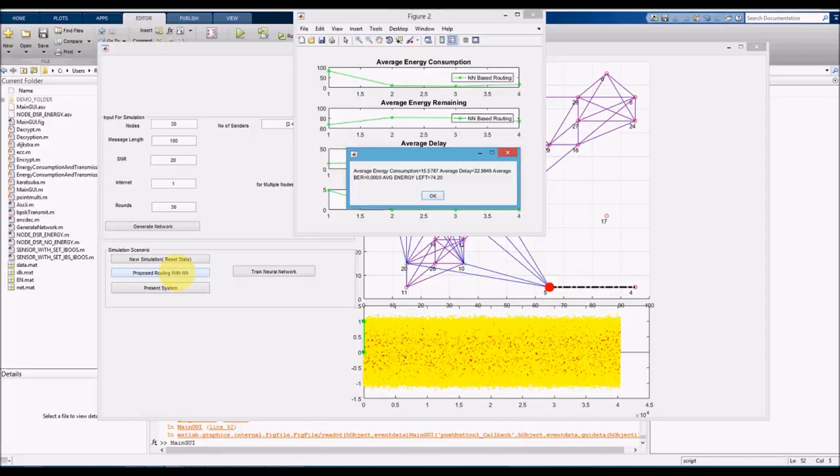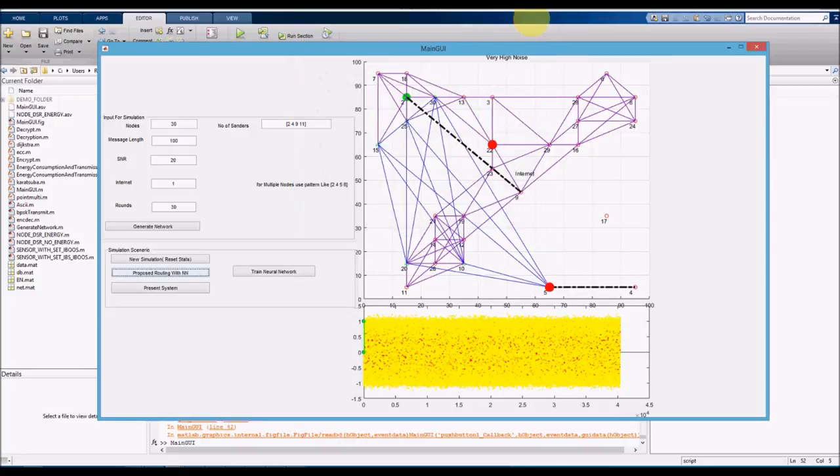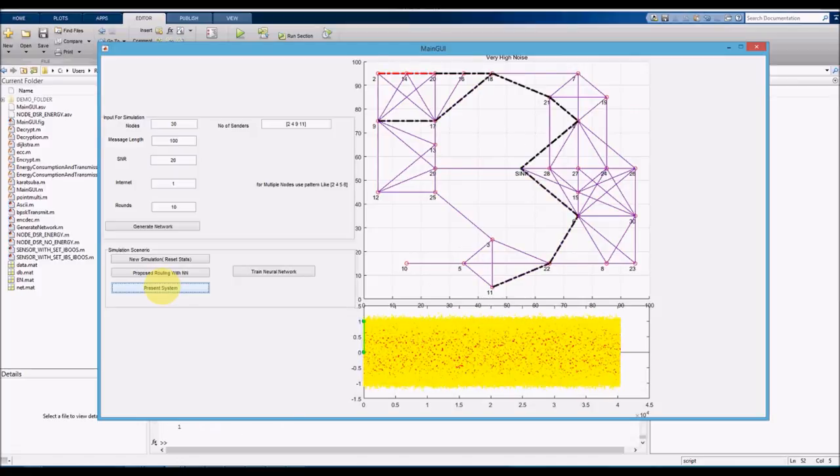So this is the bit error rate, average energy consumption is this much. Now this is the proposed system. Now the same thing we can generate the network. Now we shall take only 10 number of nodes. Let's simulate the present system. Once we simulate the present system,